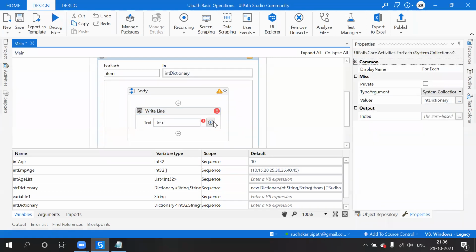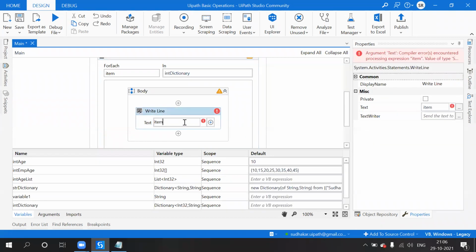See, over here I did not get it, so we got an error. If I did not select dictionary of integer and string, I won't get this error. Then put this dot.